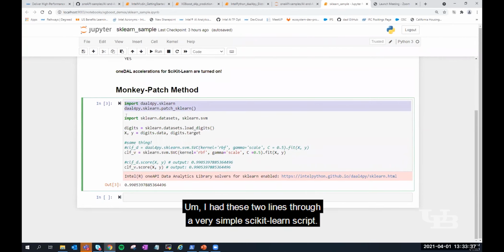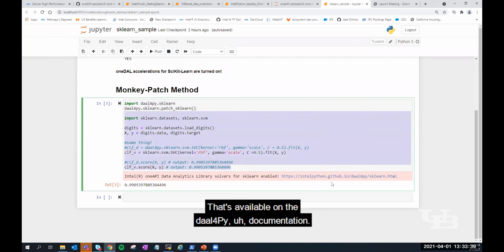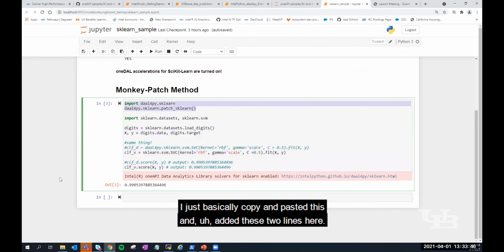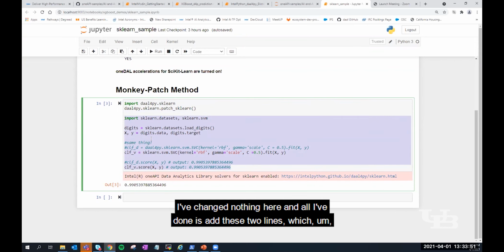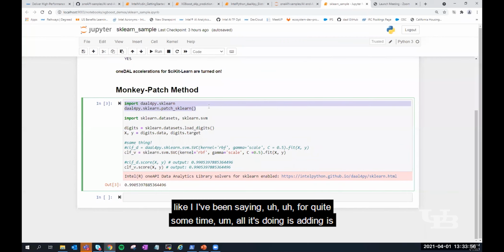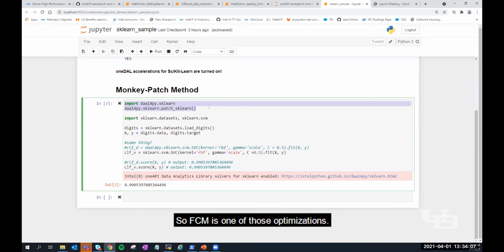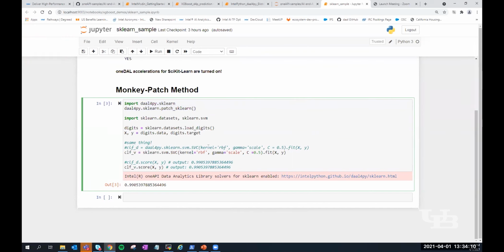I add these 2 lines to a very simple scikit-learn script that is available on the $pi documentation. I just basically copy and pasted this and added these 2 lines here. So what's going on is that this is just a simple scikit-learn script. I've changed nothing here, and all I've done is add these 2 lines, which, like I've been saying for quite some time, all it's doing is turning on anything in scikit-learn that's optimized by $pi. SVM is one of those optimizations. So that's what's going on here. So if I run it,